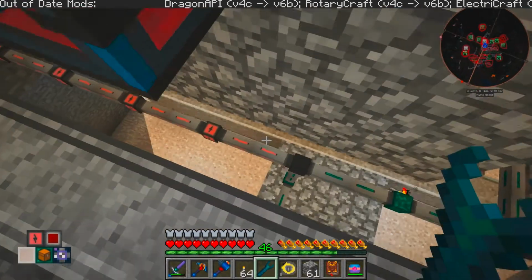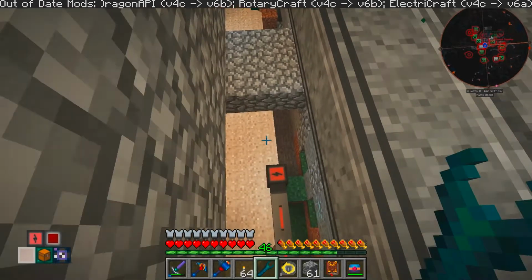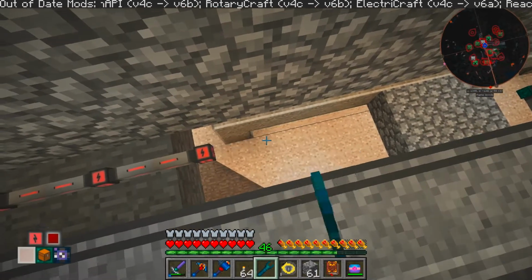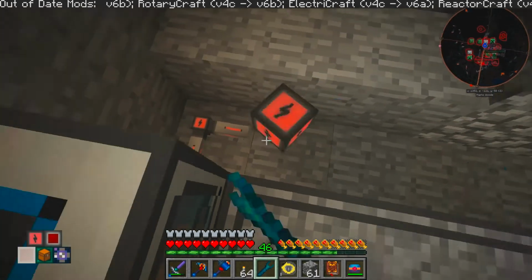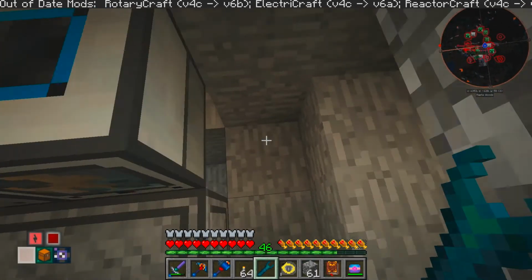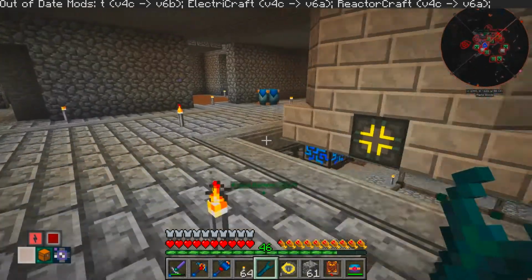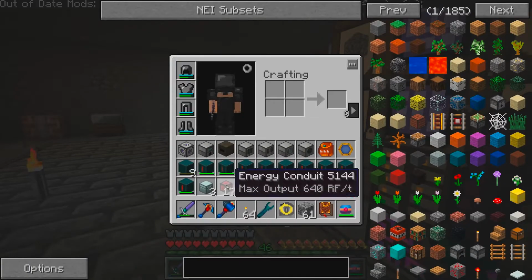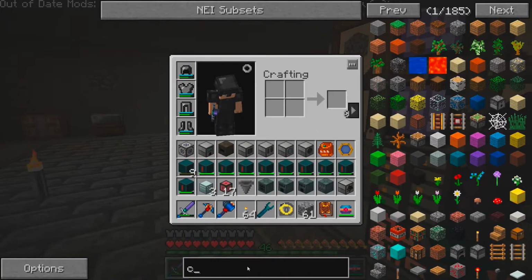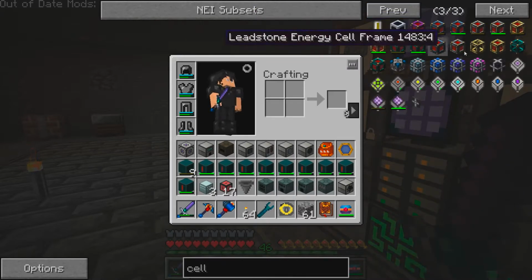Part of the issue here is going to be... It actually seems to kick back towards me, right? Yeah. All right, so we're going to yank all of this stuff up here. Good, good, good. Now that gives me 640 RF per tick, right? Right. So let's see...